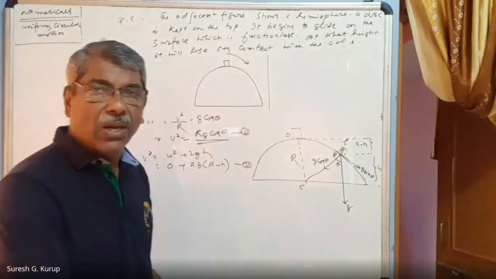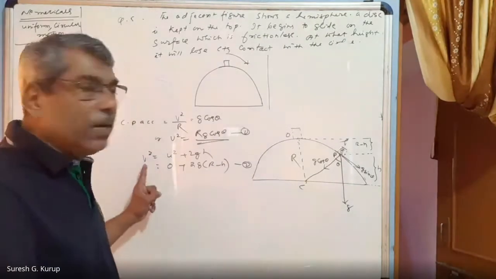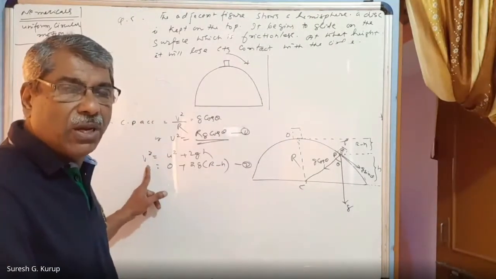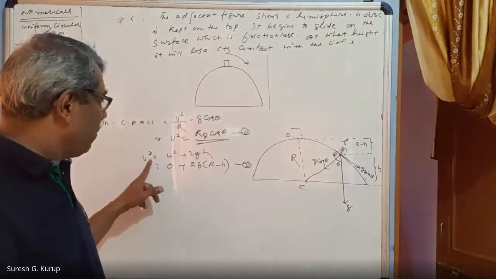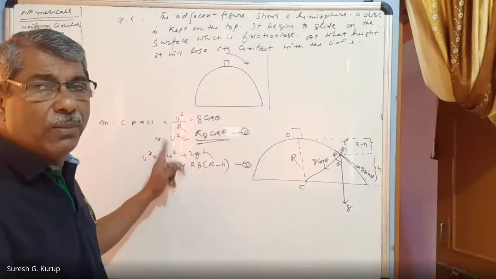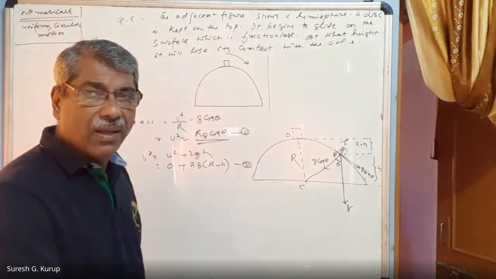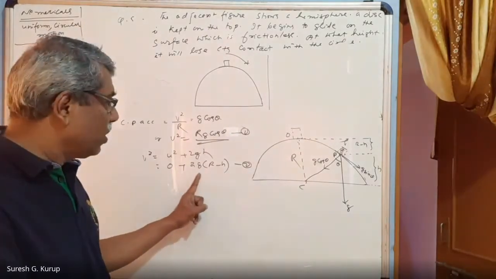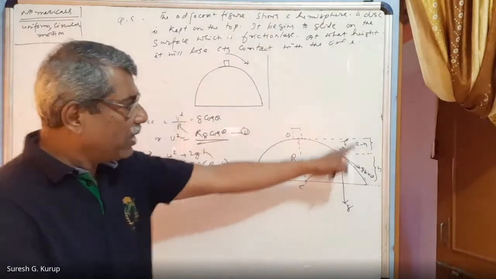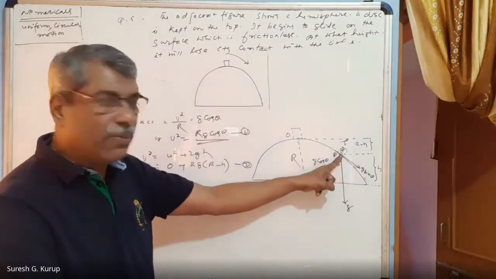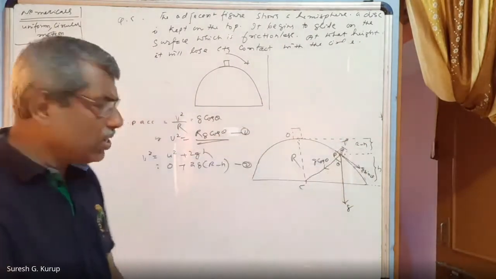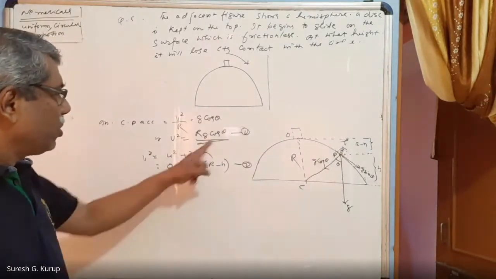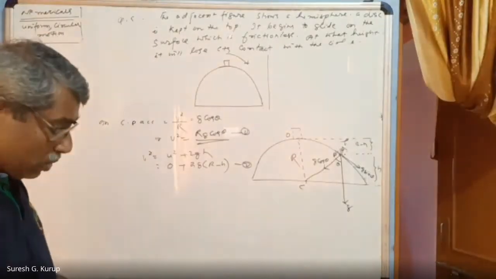So, in the third equation of linear motion, v square is equal to u square plus 2gh. As the body starts from rest, u square is equal to 0, plus 2g into h. What is the vertical height the body moved as it reaches the point P? That is equal to r minus h. Very clear? Right. So this is v square, this also v square. Both can be